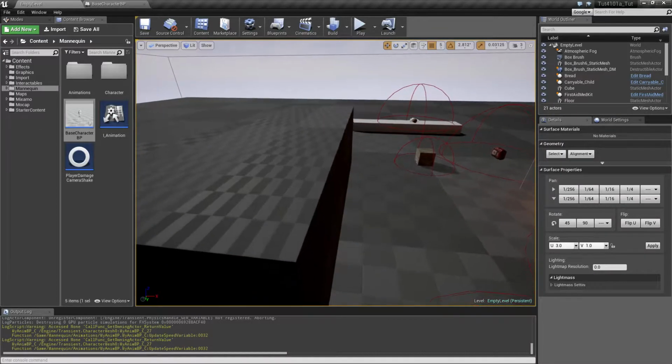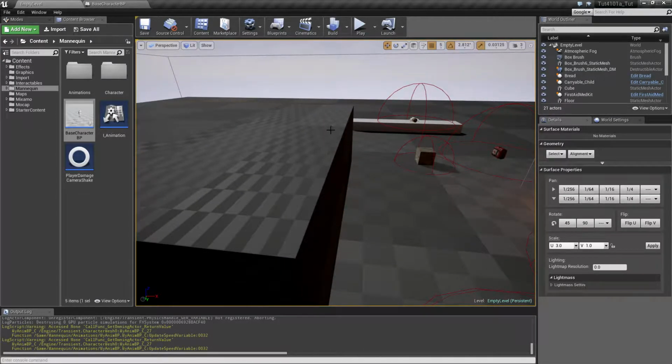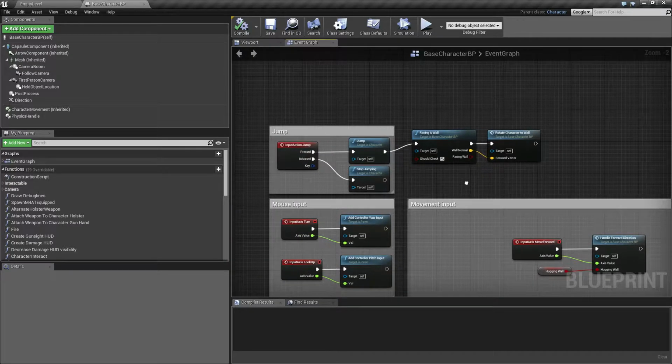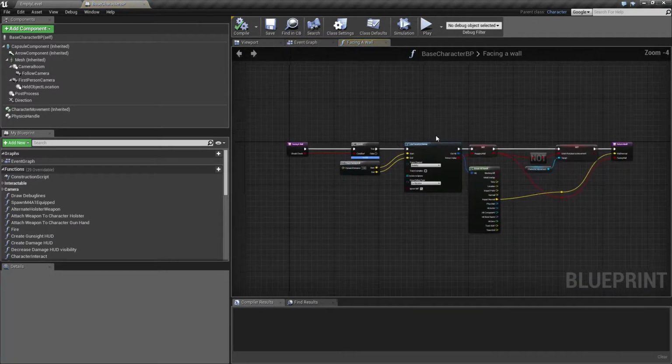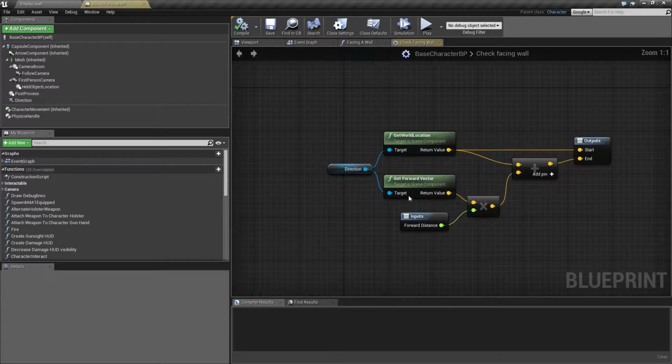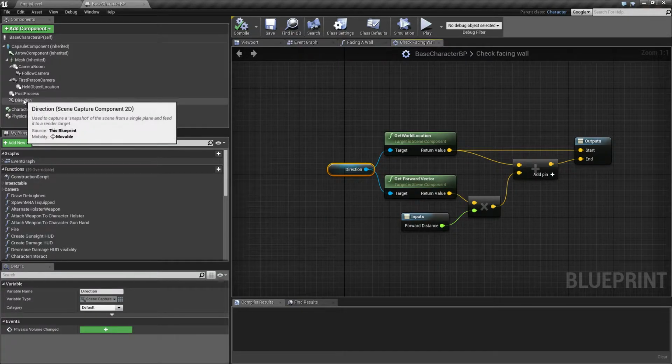So the theory is that we are facing a wall and then we want to find out if there's some kind of ledge here, or some, ledge I think it's called, where we can grab onto. And in order to do this, I will create a few landmarks or whatever you call it. In the last tutorial I showed one way of doing this by using this facing a wall, which is packed inside a macro, but I basically use the direction, which is in this case,